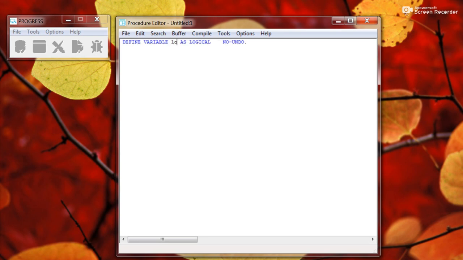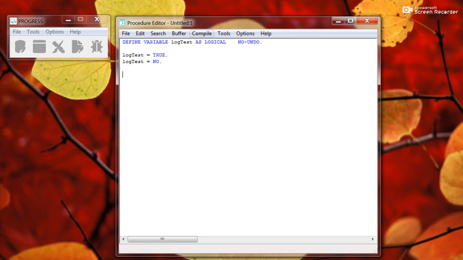So it's saying I want to define a variable, and I'm going to call it log test. This way, in my naming convention, I'm letting people know that this is a logical variable, and it just happens to be test. Now, logical variables tend in Progress to be true, false, and yes, no,